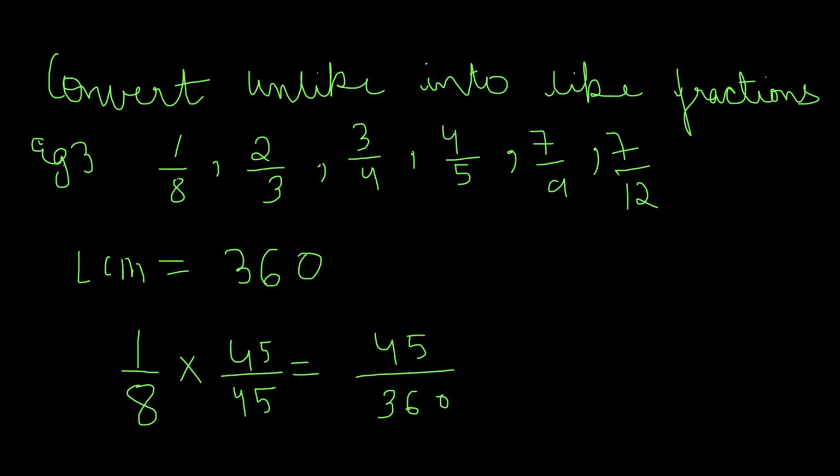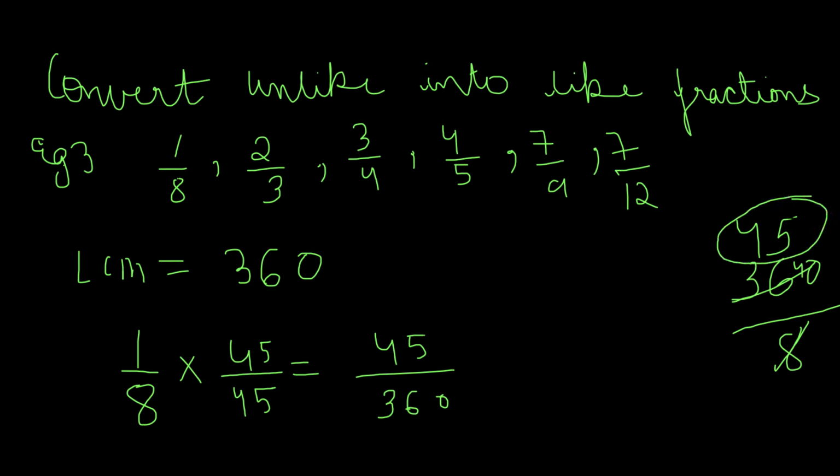It is very simple, children: just divide 360 by 8. 8 4s are 32, the remainder is 4, 8 5s are 40. So you get the number 45, and you multiply it with 8 to get 360. You multiply the same number to the numerator and this will be 45 upon 360. Now